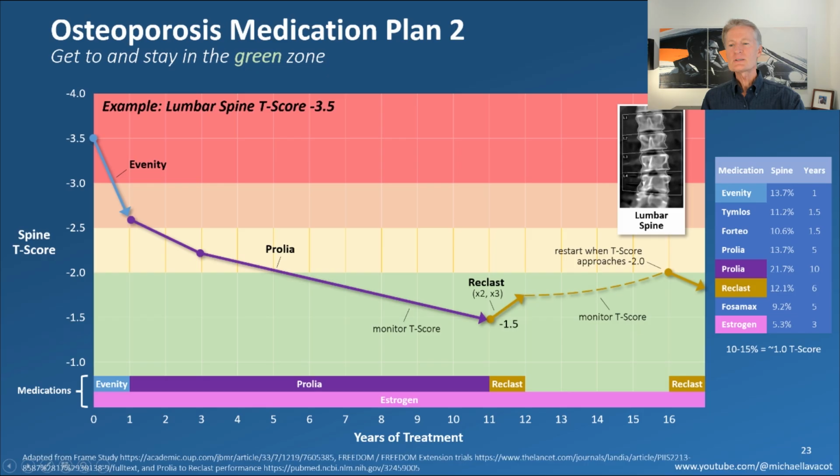And what you can see is in 1 year, you can drive almost a full T-score. So that's pretty good, about 0.8 T-score. And then when you go to Prolia, I put a little bump here because at first there's a greater effect and then it flattens out after that. But you can see we could get below osteoporosis, from minus 3.5 to below minus 2.5, in about a year and a half. So that feels really good, right?